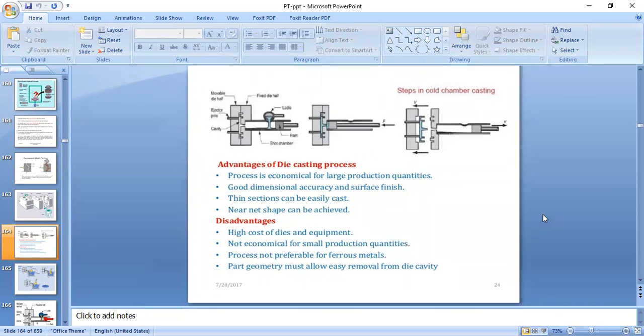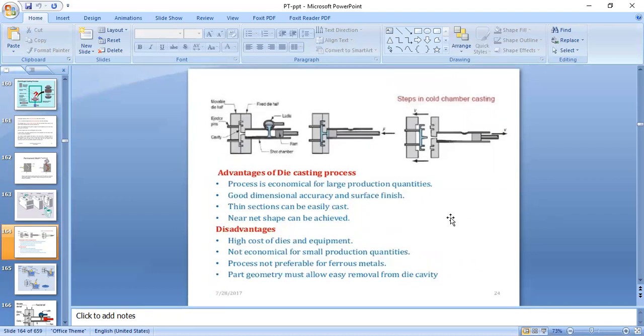This is the cold chamber die casting process. In this, the chamber is not an integral part of the die. Metal from the furnace is brought using a ladle and poured into this, and a ram is made to push the liquid metal into the die, which is connected to the chamber. This ram pushes the metal which is poured into the shot chamber. Due to the pressure applied by the ram, metal is pushed into the die cavity, and we get the casting. See, this is the figure while pouring, and this is the ram movement.